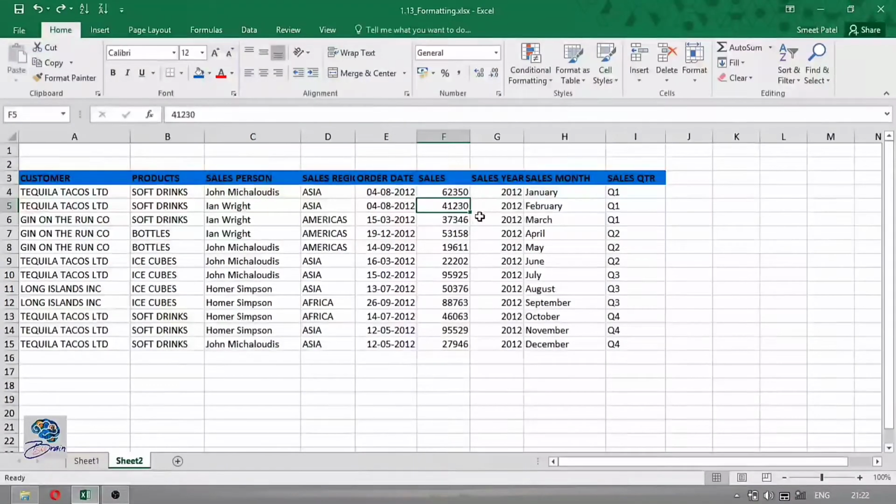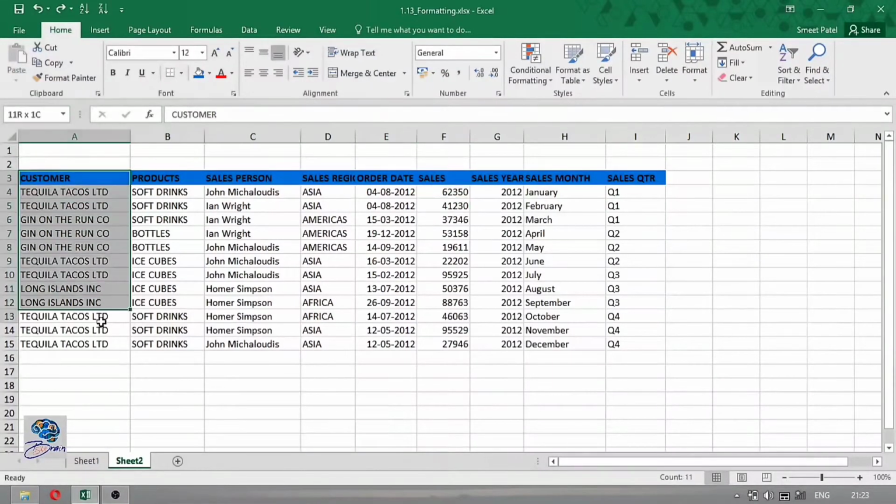Now as we move our cursor to this square symbol at the corner of the selected cell, if I drag this, what is going to happen is it will copy the selected data to the next selected cells. Okay, if I want to undo this, I can undo from here also, and can also press the Ctrl Z button.